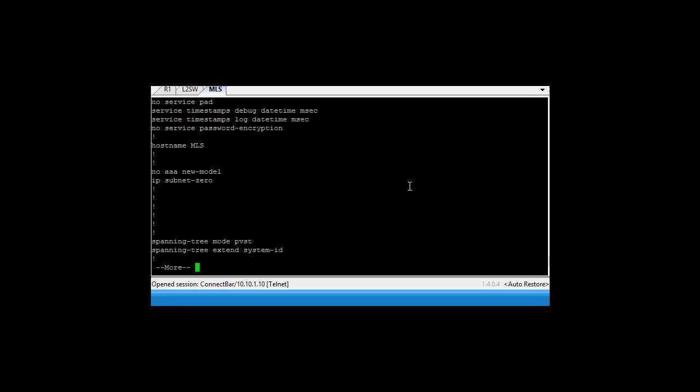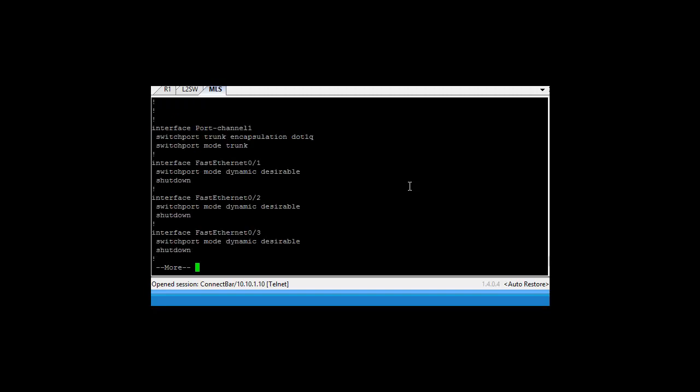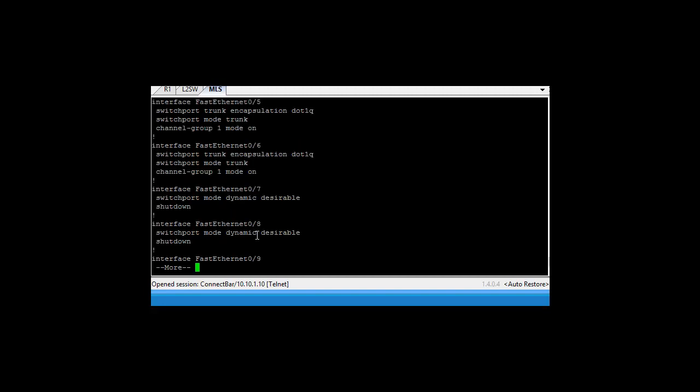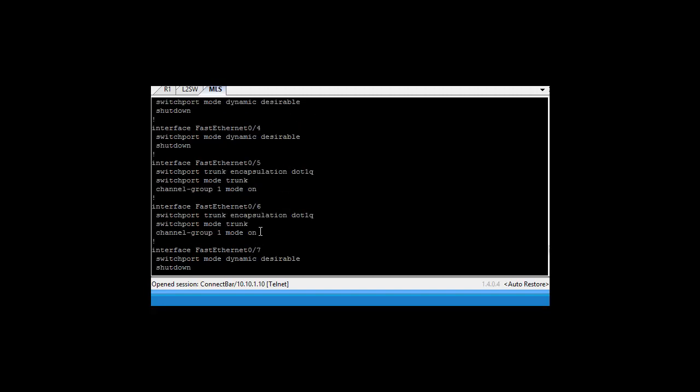All right, so let's do show run, and just look at the main parts that we need to be interested in here. So we've got ports 5 and 6. These are all default and they're shut down because we're not using them right now. I purposely shut them down. So if we go up to 5 and 6,